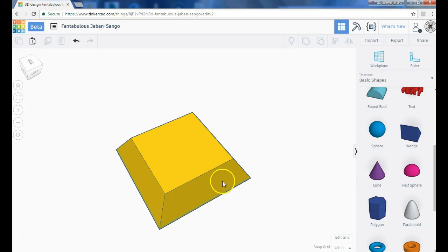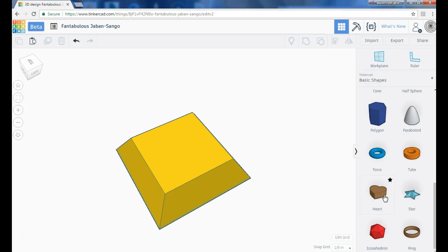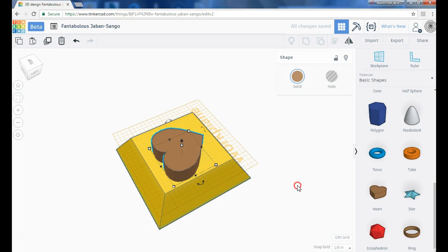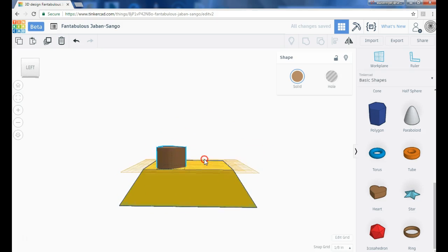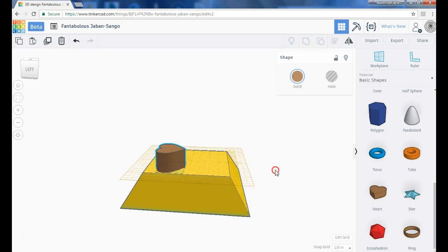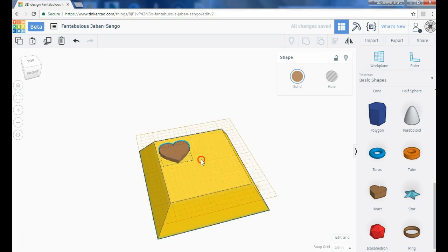Now to do stuff on faces, so let's say I'm just going to do something kind of random here. I'll do one of those shapes. Alright, change where the work plane is. I click this button here. If I click on this face, it'll put the grid on that face. So what that does is allows me to bring in shapes and put them directly on whatever face I want. And still same thing, I can change them. If you do something with straight sides, like if I want to put this heart on here, you can usually get away with it. Just make sure that it's not super tall. So this I would shrink down to about that